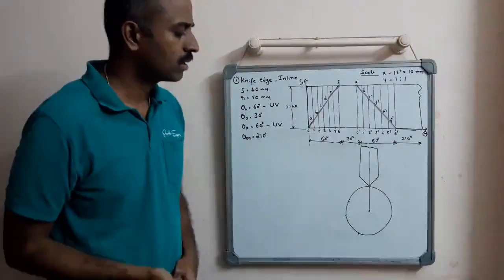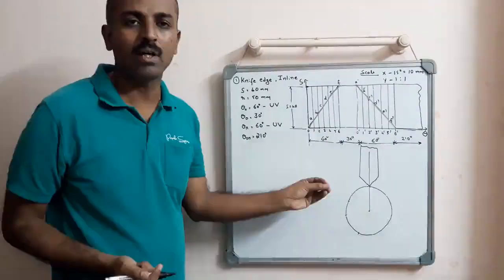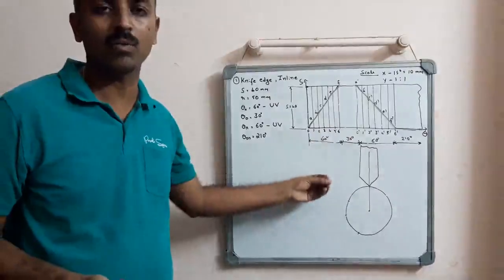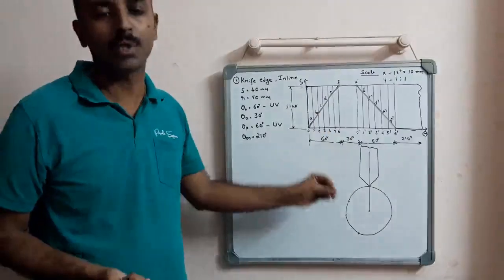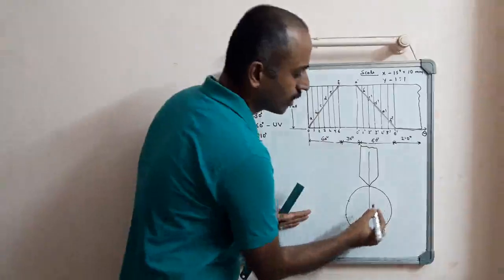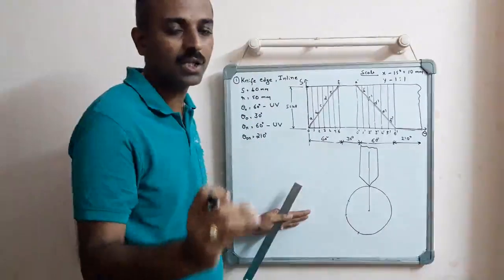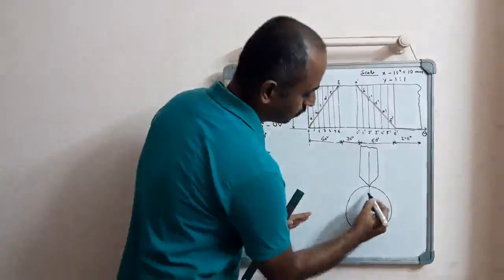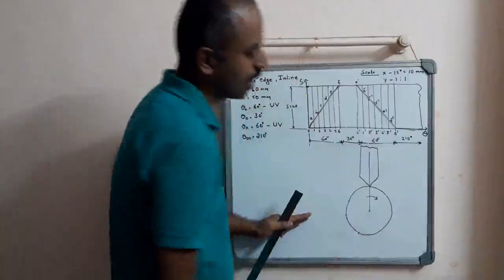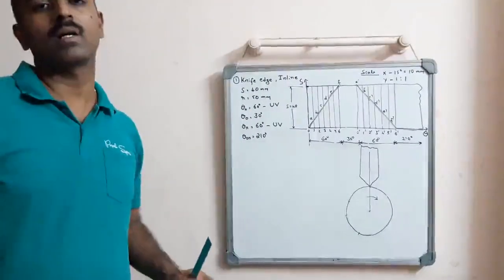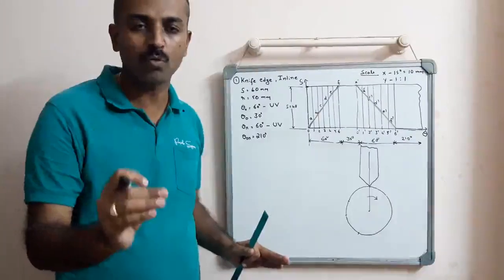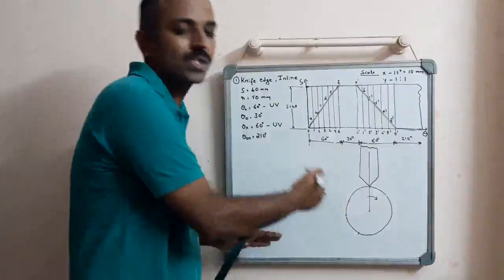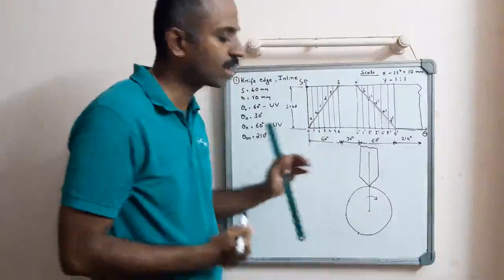In the question, the direction of rotation of the cam has to be given, whether the cam is rotating clockwise or anti-clockwise. If it is not mentioned, we always assume it as clockwise. As we are assuming the direction of rotation of the cam as clockwise, we will divide this base circle in the opposite direction, that is in the anti-clockwise direction.